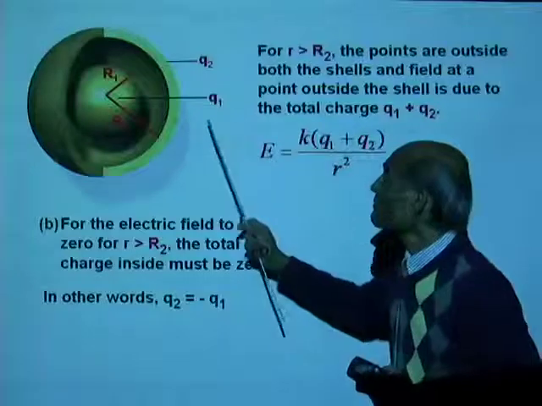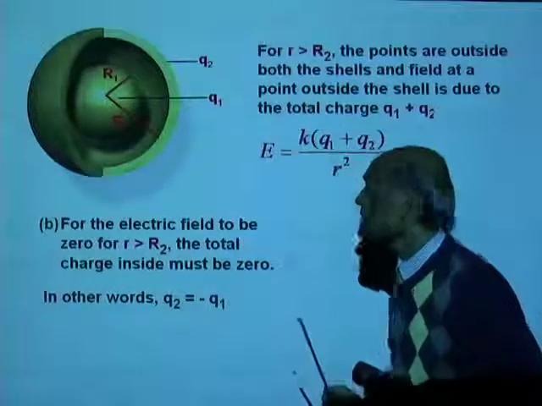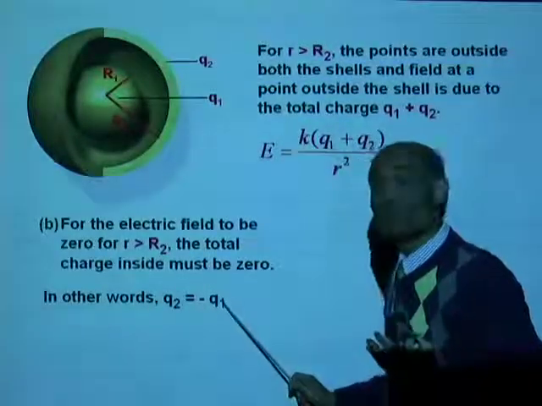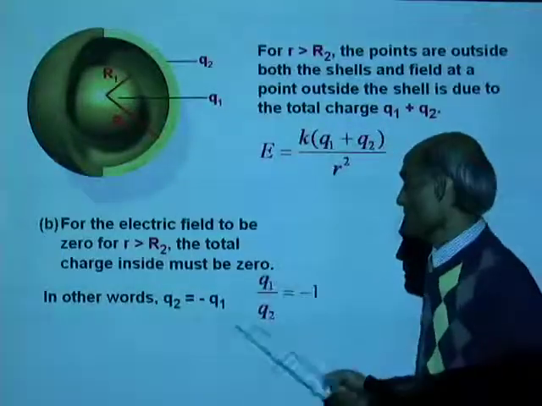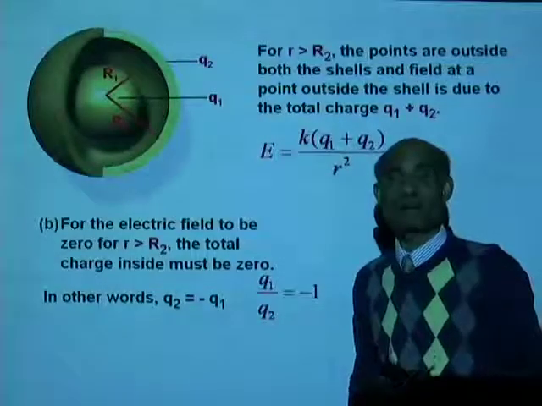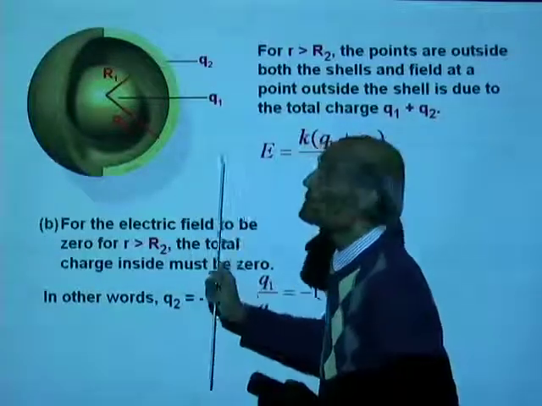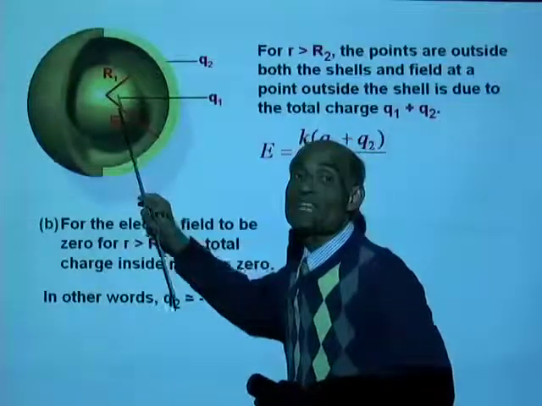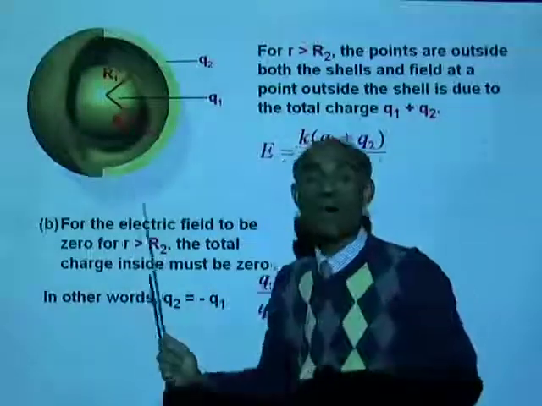So if the electric field outside is 0, it means Q2 equals negative Q1, or Q1 equals negative Q2. That means Q1 divided by Q2 will be negative 1. So, if the field outside the system is 0, it means if the charge carried by the inner shell is positive, then the charge carried by the outer shell must be